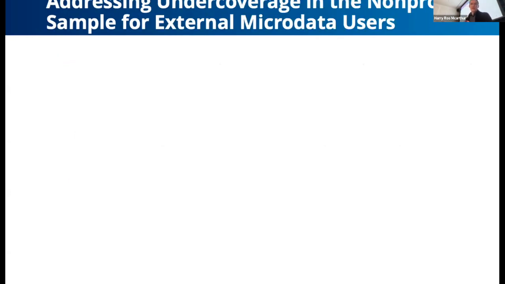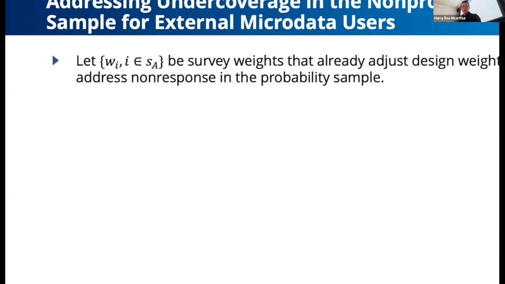Okay, so then the question is, how do we do the combination between the probability sample and the non-probability sample if you're an external microdata user? If you're logged into our data lab, for example, then when you're accessing ABS data that's related to a survey, you'll have these survey weights. And when you use those survey weights to compute weighted means, weighted medians, and so on, it will correct for the bias introduced by the sampling selection mechanism.